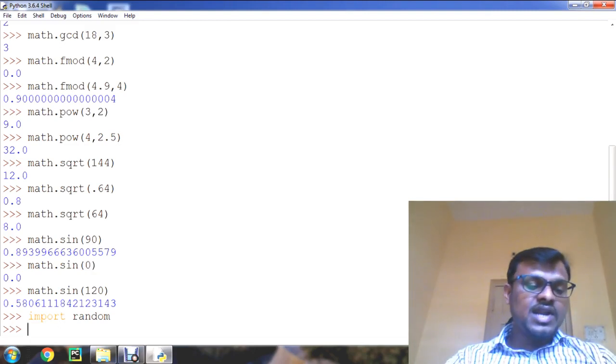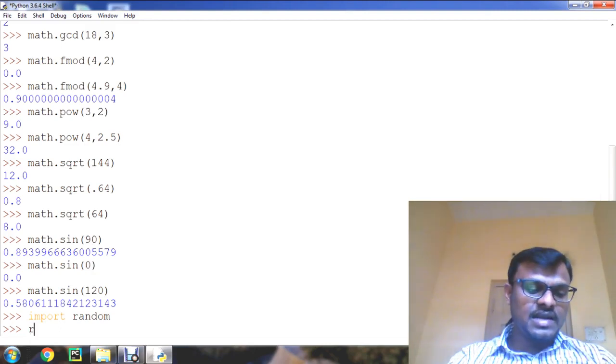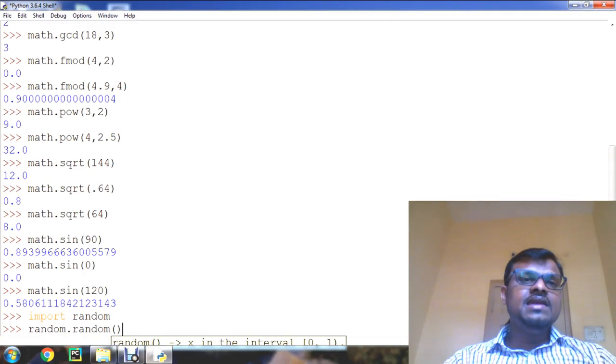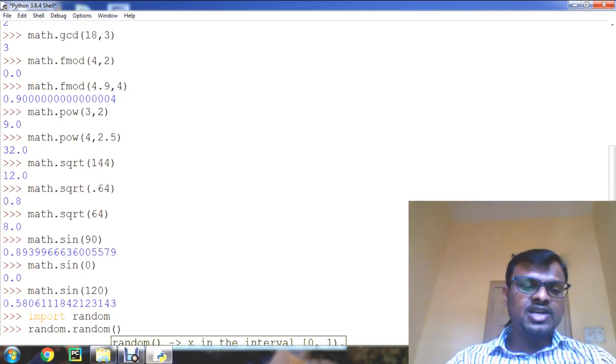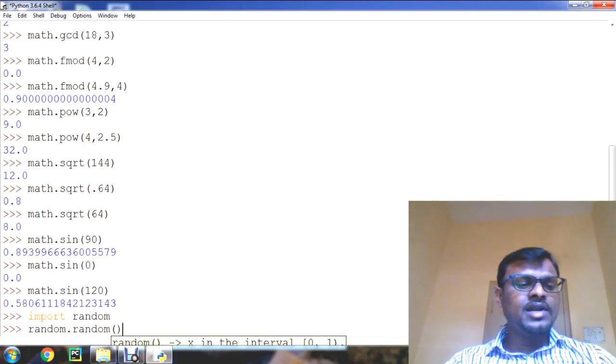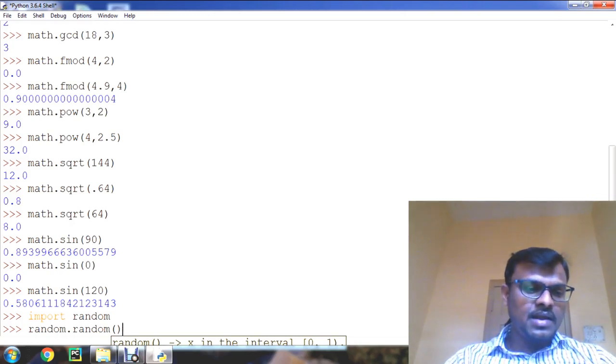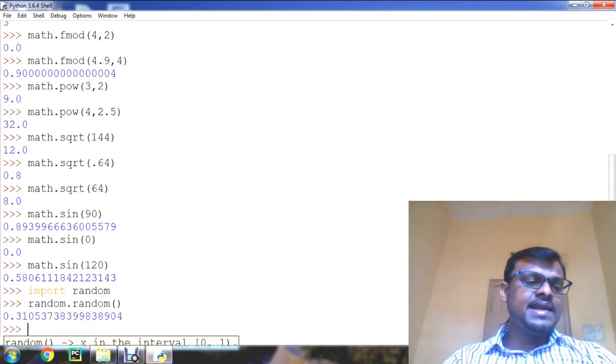The commonly used random functions are, first, the function random. It does not take any arguments. It is a void function, and it is going to return a real number, that is a float number, between 0.0 and 1.0. For example, see, it is generated now.